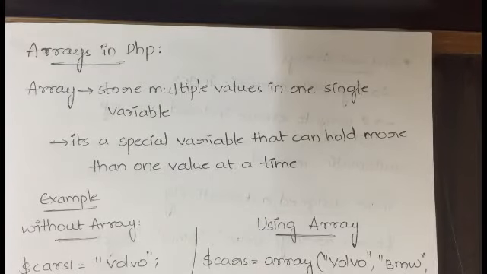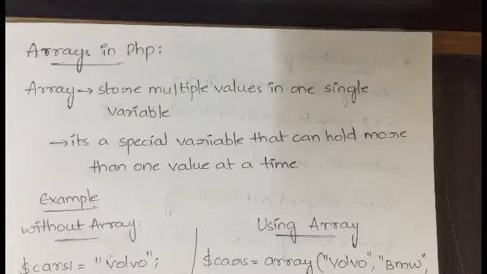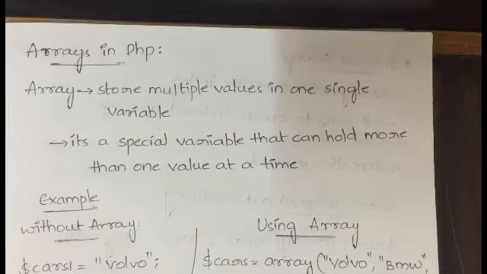So we already know about arrays in C, we have learned about arrays in C++, and in all the programming languages we have learned about arrays, right? So in today's video we will see how arrays work in PHP. What is the definition of array according to PHP, what are the types of arrays we have, and what are the functions of arrays. Functions of arrays we will be seeing in the next video, because if I include functions also in this video, the video becomes very long.